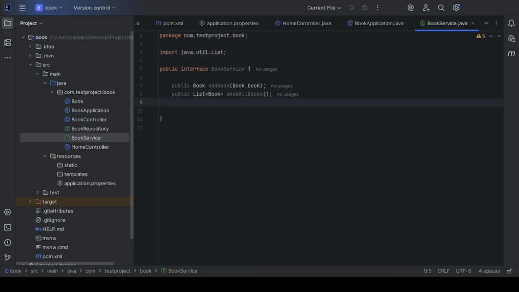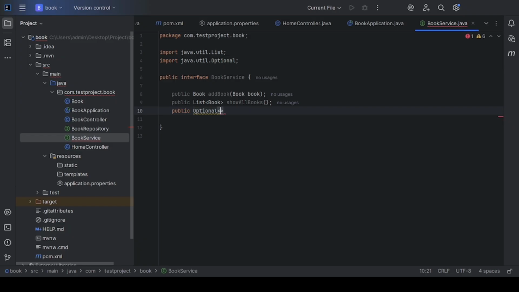And the third function will be get the book by ID, right? So public, it will return one book. So I will use optional. It is better to use optional because it may happen that sometimes the book is not present, so it will accept null as well. So book, then it will be get book by ID, and we will pass one argument which will be ID. Then the next method will be to delete the book, public, and we will return a string, right? I will modify it to return a string so that we get to know which book has been deleted. So string and delete